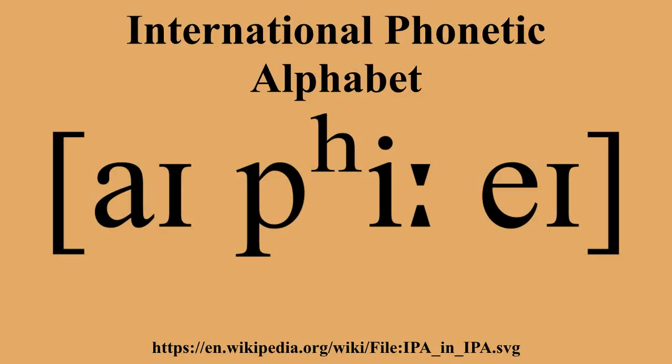Since its creation, the IPA has undergone a number of revisions. After major revisions and expansions in 1900 and 1932, the IPA remained unchanged until the IPA Kiel Convention in 1989. A minor revision took place in 1993 with the addition of 4 letters for mid-central vowels and the removal of letters for voiceless implosives. The alphabet was last revised in May 2005 with the addition of a letter for a